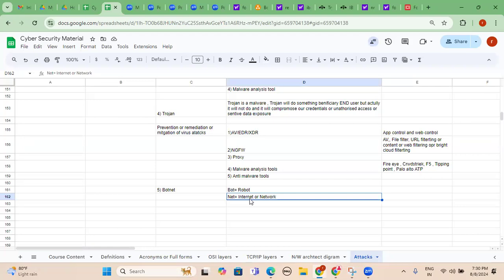In the similar way, worm or lateral movement category of attacks. Because of these things, whatever I discussed just now, such as phishing email, spear phishing, and malicious malware attachments sent to multiple users, DDoS category of attack, all those fall under multiple systems getting compromised.